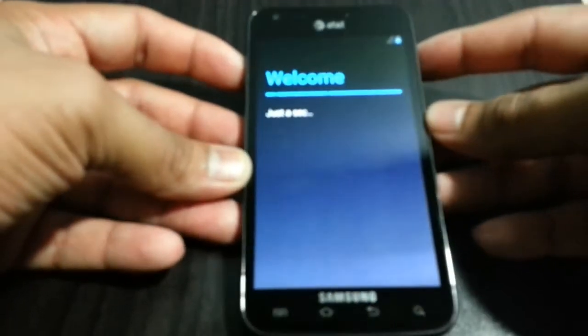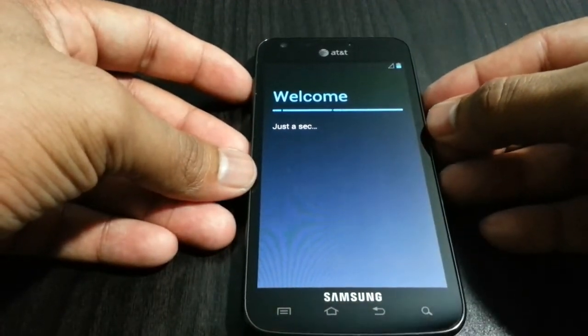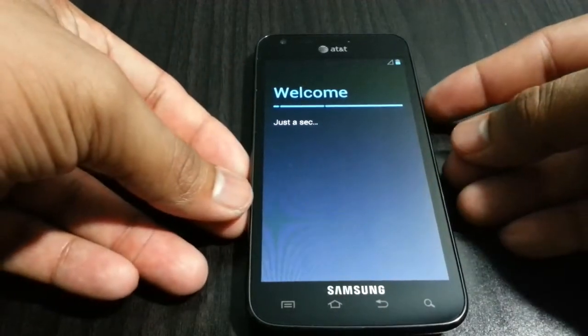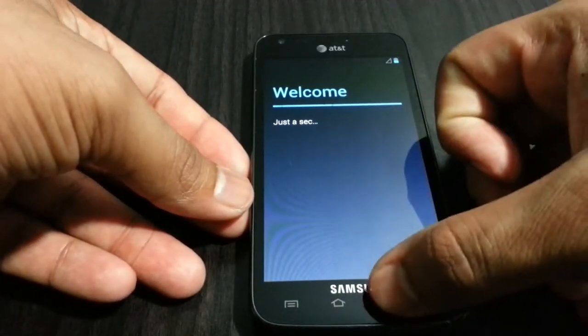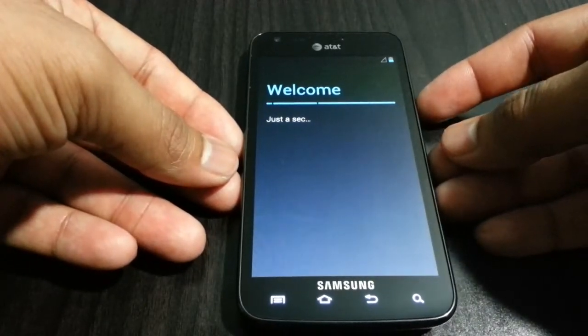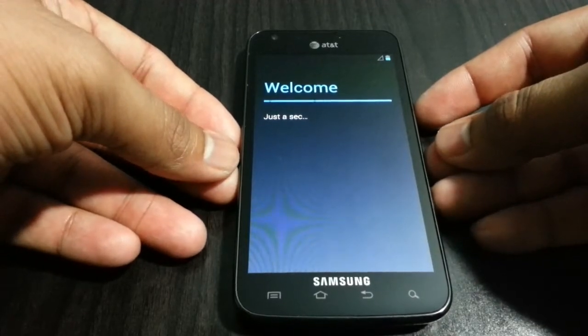Welcome. Just a sec, I don't have data, so I don't know what it's doing right now. This is Android 4.1.